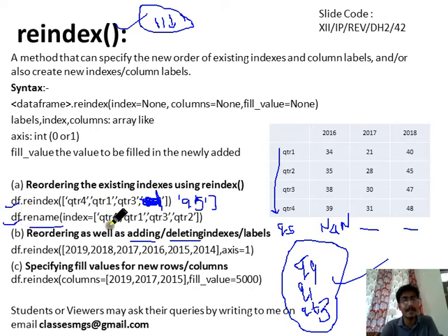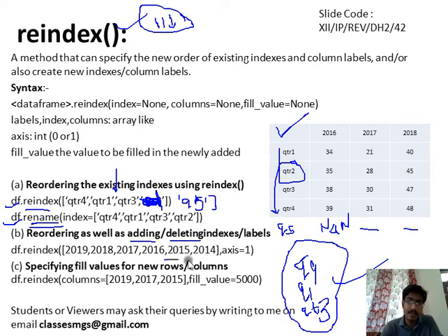But in case of rename, if you skip any indices in the mapper, it will not remove them. And if you add a new key-value pair in the mapper while using the rename function, it will not add a new row. So keep this in mind. In case of rename, it doesn't have an impact, but in case of reindex, if you remove an existing index from the reindex function, it will remove that index from the data frame. And if you pass the inplace argument as True, it will affect the original data frame; otherwise it will return a new data frame for use and the original data frame will remain the same.